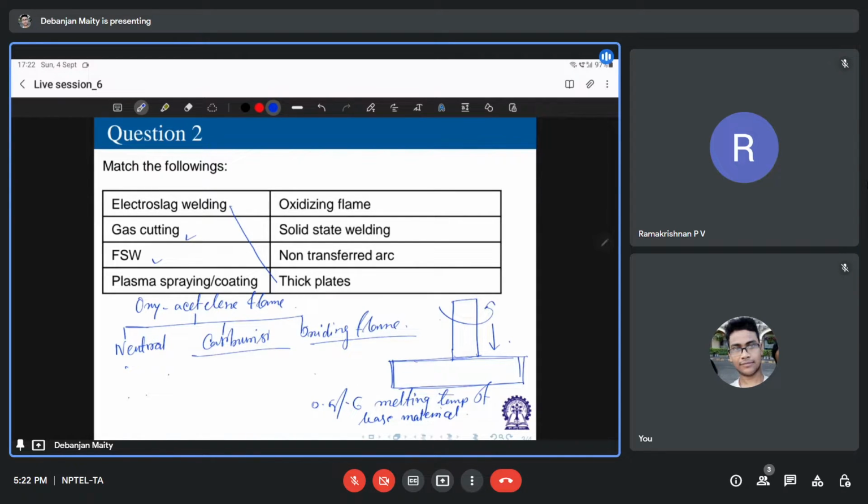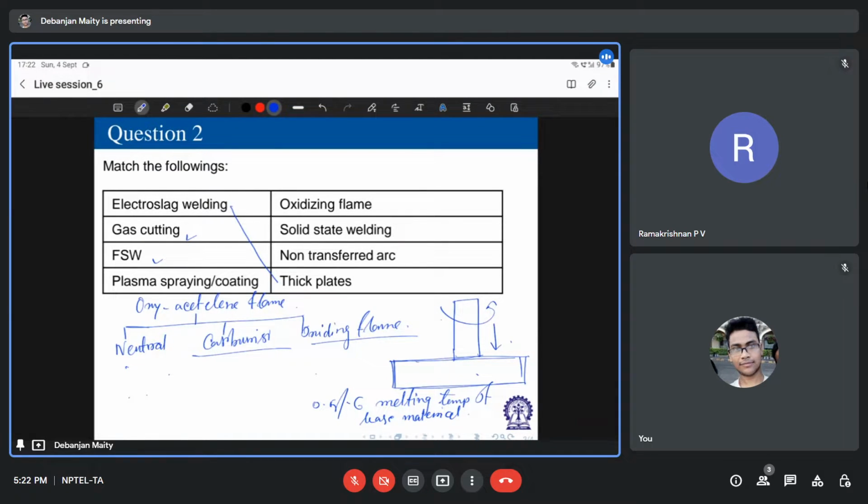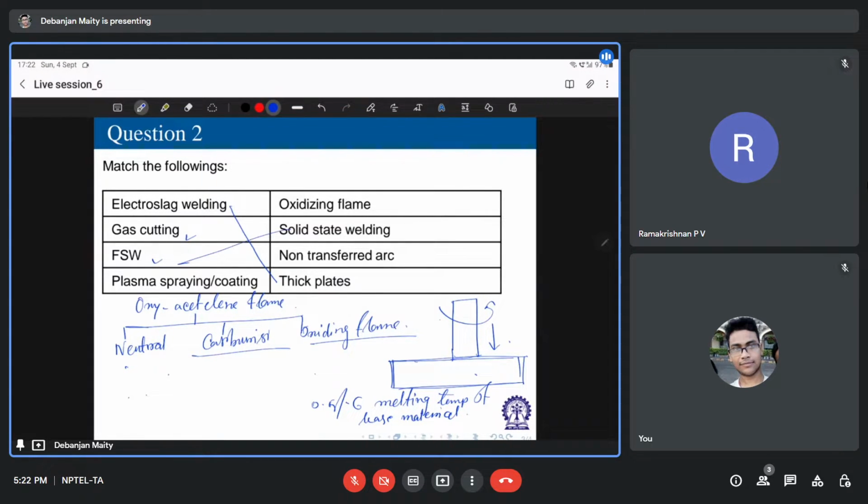So whatever pressure and temperature generation happens, that happens because of the rubbing of the tool over the workpiece, and some solid state deformation of the workpiece happens, and joining happens in the solid state itself. It doesn't go to that melting region. So for FSW it will be a solid state welding. Gas cutting is for oxidizing flame,